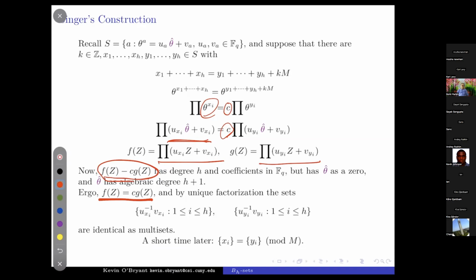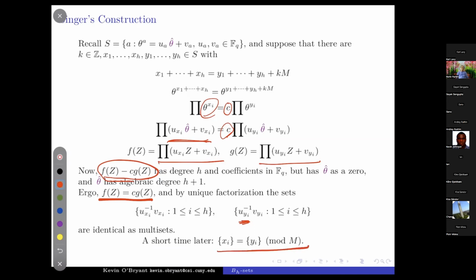And I hope you forgive my abuse of notation in the next line. It's possible that one of the u's is actually a 0, and so it doesn't have an inverse, and we have to have a little bit of special care around that, which I'm ignoring because I'm on slides. But once you get that the roots are the same, it's just a little bit of rearranging symbols to get that the sets that are giving rise to these are the same. Okay, so